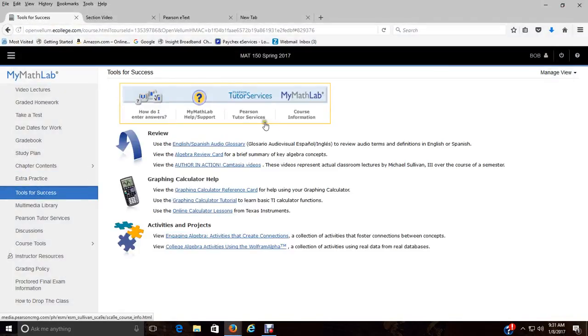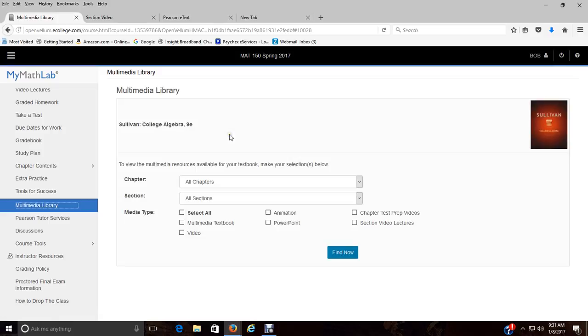You've got tools for success. There's how do I enter answers? We've talked about that. If you have questions with MyMathLab, you can contact Pearson. There's Pearson tutoring services. They may charge you, but that's your choice. The multimedia library,